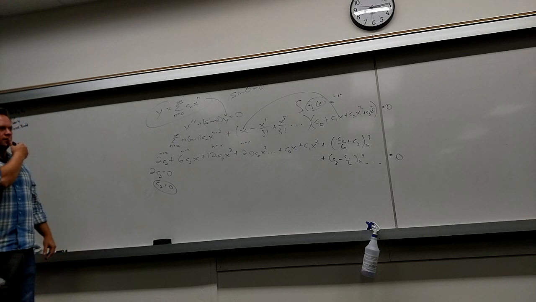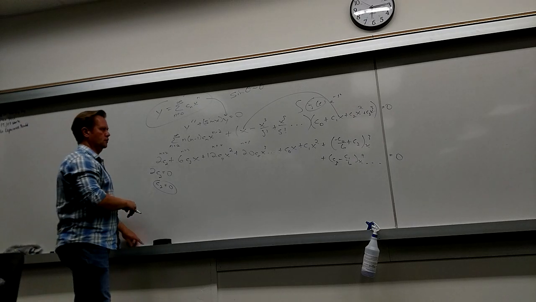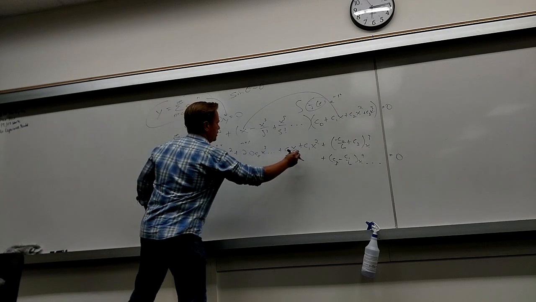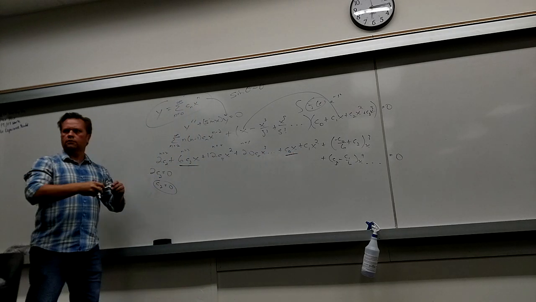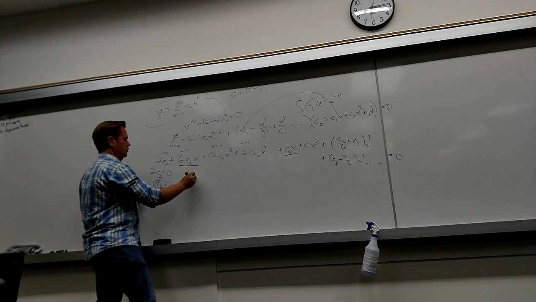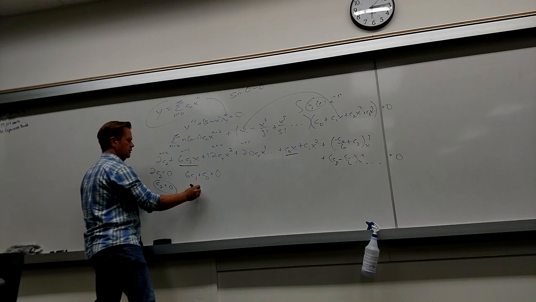How many x terms do I have? I have one here, one there. So the next equation I can write is 6c3 plus c0 equals 0. So that means that c3 is